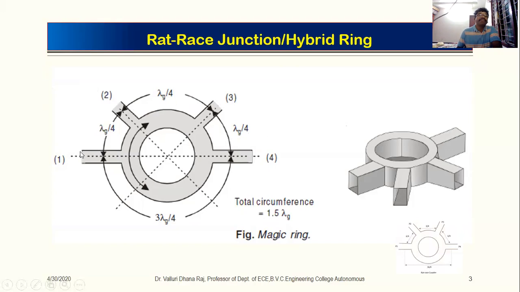The minimum signal will not damage the transmitter even if it is allowed, but we are taking utmost care for the stability of operation of the transmitter. We are using an isolator. So this magic ring is playing the role of a duplexer by stopping the transmitted power from reaching the receiver.